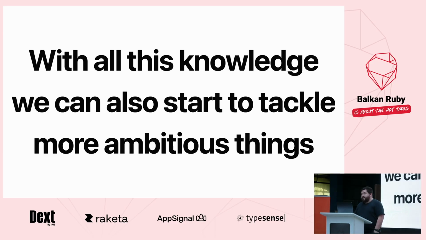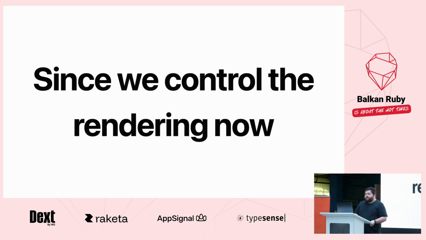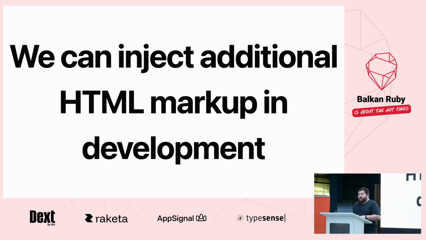One of the first things we did was to improve the error messages in Rails' error screen, so it can tell you exactly where something went wrong in your template instead of showing this big screen which doesn't tell you where the error is. So this makes it easy to know where stuff is going wrong. And since we control the rendering with all this tooling now, we can also inject more markup in the templates